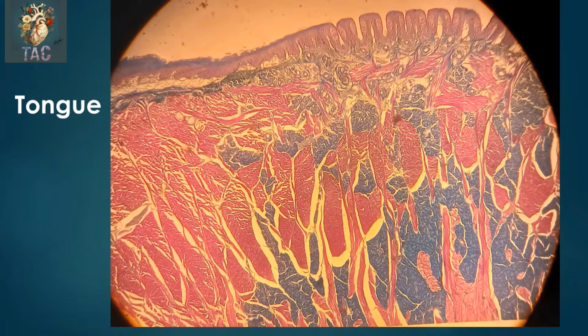First you should know what are the different points, how you can identify the tongue. So to identify the tongue, first you should know that this is the epithelium. Here you can see this is the epithelium. So on ventral aspect, this epithelium is modified to form the different papillas over here. So here you can see these are the different papillas which are present on the surface of the tongue. Here this area is the core of the tongue, and in this core you can see different skeletal